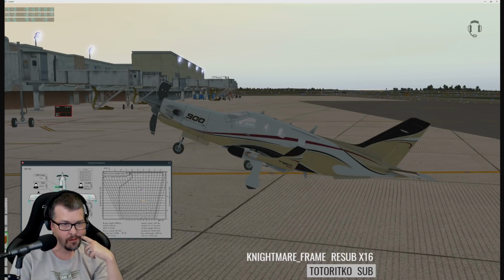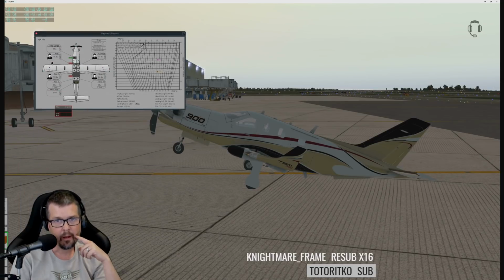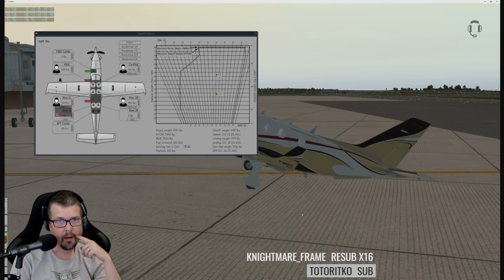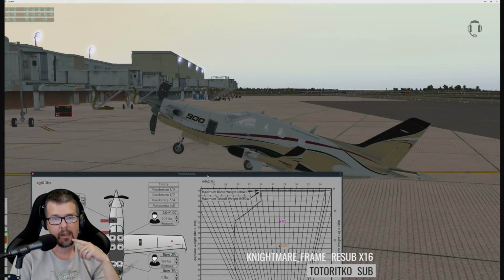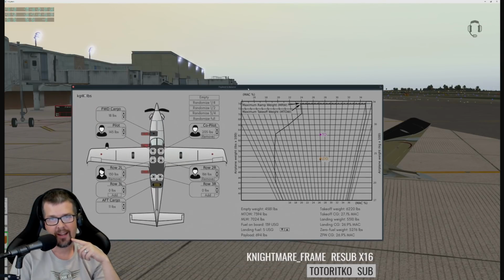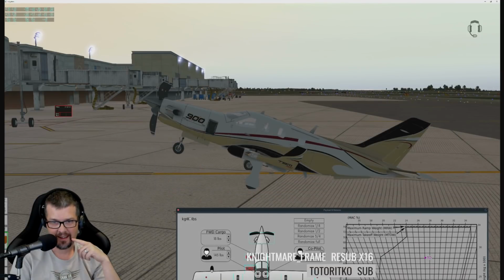Like, you can randomize payload if you want to as well. There's like a bunch of presets. Okay. Randomize. I'd have to reload the aircraft for it to get off of its tail. No, you don't have to reload the airplane. All you have to do is go in the front cargo section, just put a bunch of weight in there, and it'll fall back down onto its nose. So you basically have to get the CG again ahead of the wheelbase there. I don't think you can fit 120 into the front cargo unless they're bowling balls, but